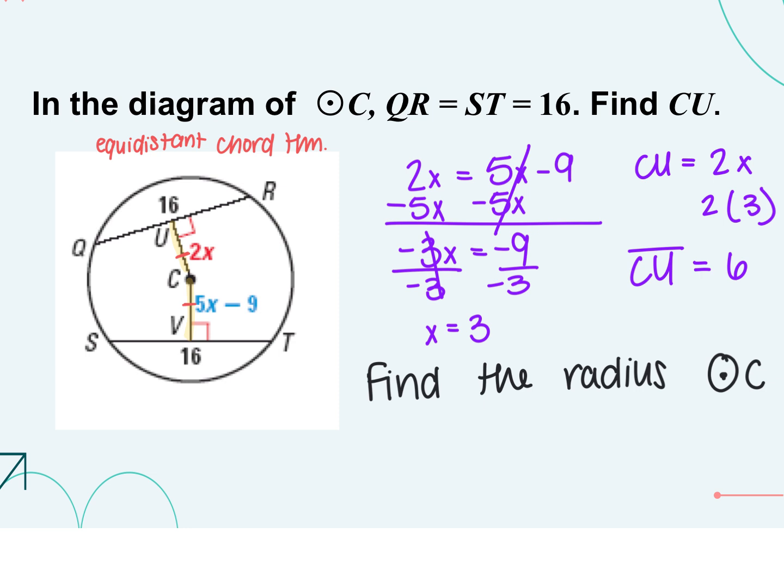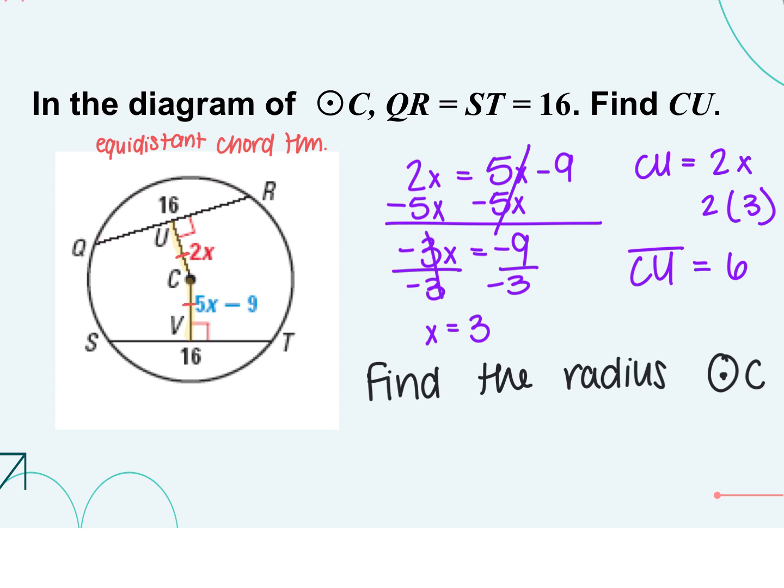But are they giving me my diameter? You can use a perpendicular theorem with the bisector thing, and then just divide the 16 by 2. And then from there, if you divide by 2, that gives you your 8. If you do the line all the way to the end of the circle, cut it, you said 8 and 8, because it's 16. And then you have your 2x, which you already found is 6. And then using your Pythagorean theorem, you can